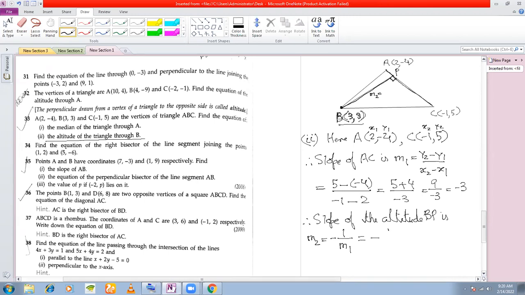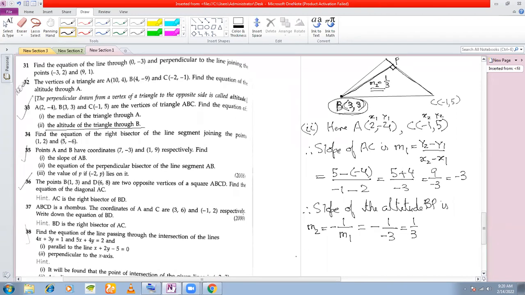So this is -1 by -3, which is 1 by 3, right? You have got the slope of BP also. Now, once you get the slope of BP, which is M2 equal to 1 by 3, you know the slope of this line and you know the point through which it passes. So we are going to use the point slope form. Hence, required equation of the altitude BP